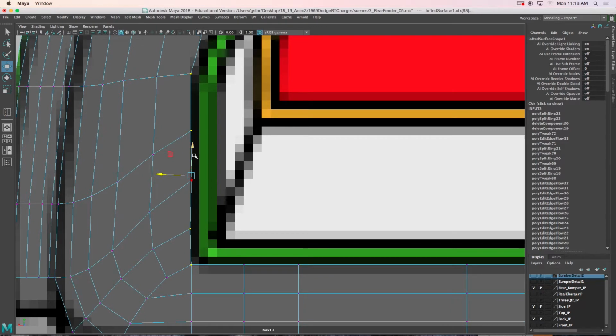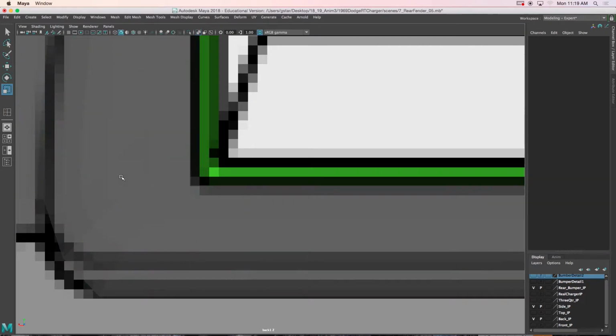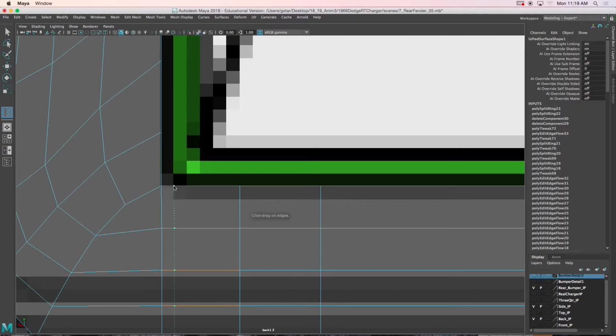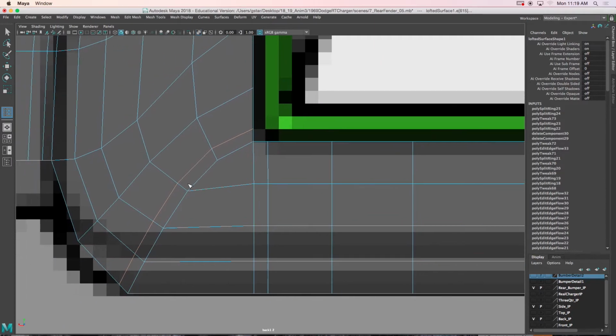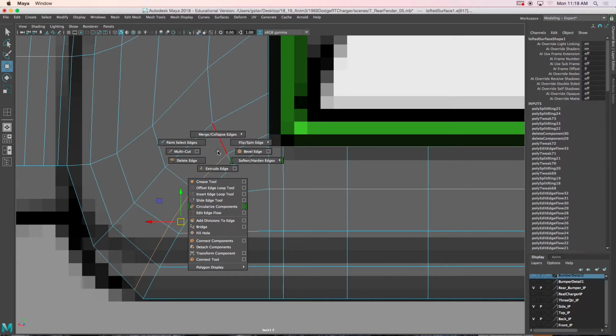If I hold W and go to world, and then I can press R, scale it flat. Okay, so same thing I did on the other side. Insert edge loop tool on this guy. Put one right there, and then one right here. And since I have another edge on this corner, it will allow me to make a nicer